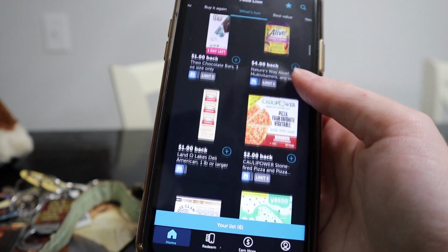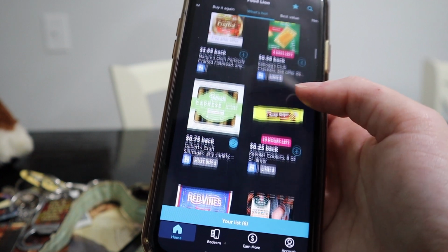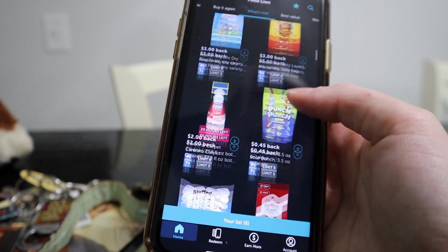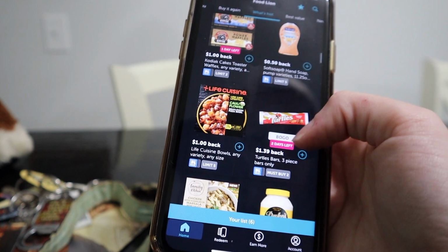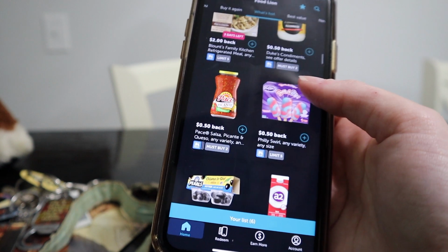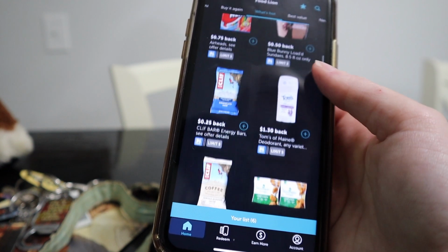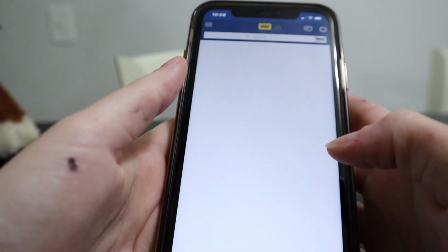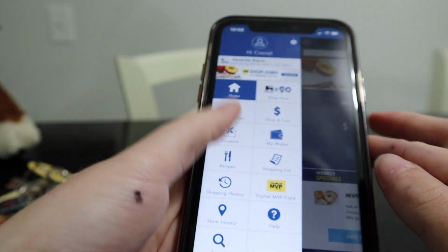As I said before, there's probably not a lot on here, but I am just going to keep looking real quick just to make sure. Whenever I was shopping at Food Line a lot more than I am, then this was a really good option because there was a lot of stuff that I was getting. But now that I realize Aldi is pretty much cheaper even with these cashback amounts, then this is typically what I've been going for. So I didn't really find a whole lot on there, again, just because Aldi doesn't really have anything. So I'm going to go to the Food Line app, and then I'm going to go to coupons